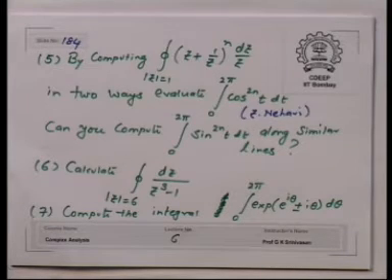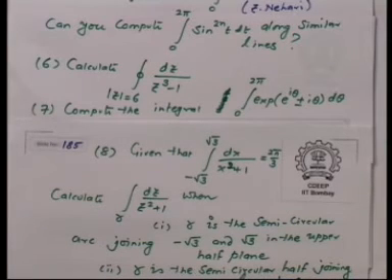The next question is, calculate integral dz upon z cube minus 1, mod z equal to 6. Calculate integral dz upon z cube minus 1, mod z equal to 6. The next question is, compute the integral 0 to 2 pi of e to the power i theta plus minus i theta d theta. Eighth question, given that integral minus root 3 to plus root 3 dx upon x squared plus 1 is 2 pi by 3,